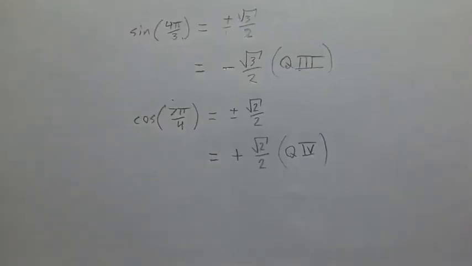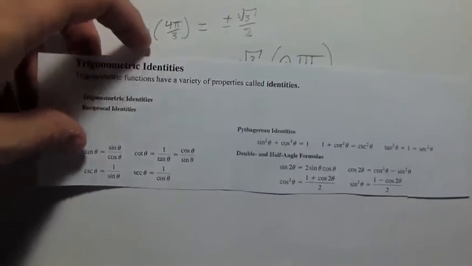Now, actually knowing the values of tangent and the other trig functions will help you out in the long run. But if you just know these values, and that's all you really know, well, you can find the other ones, because if you look at here,